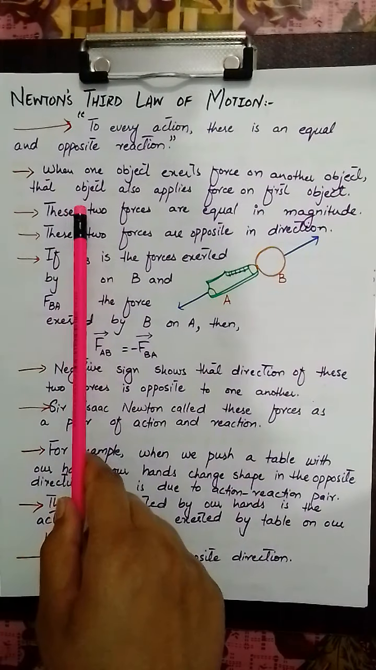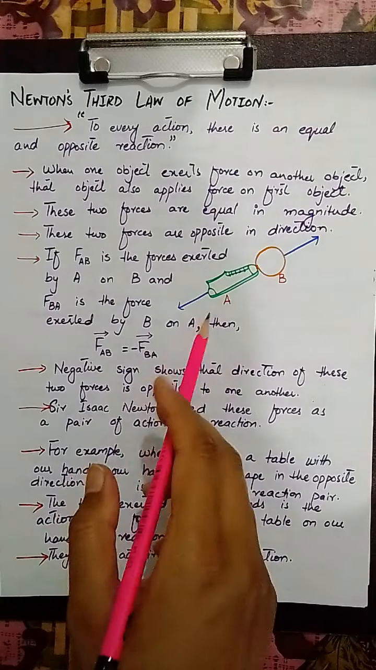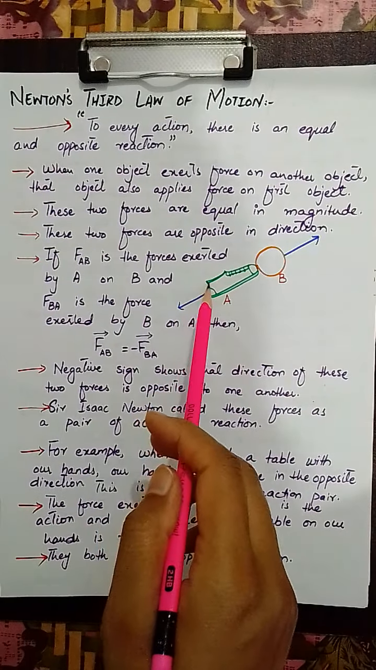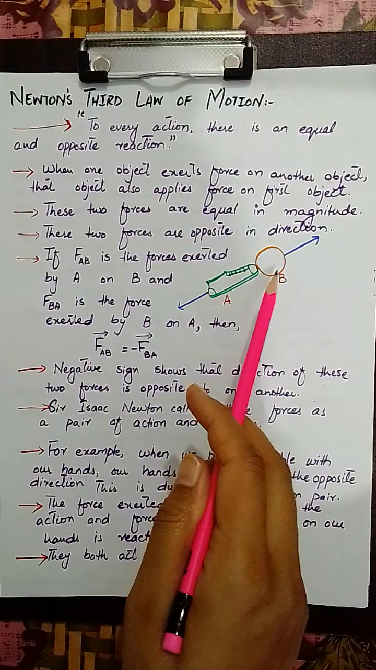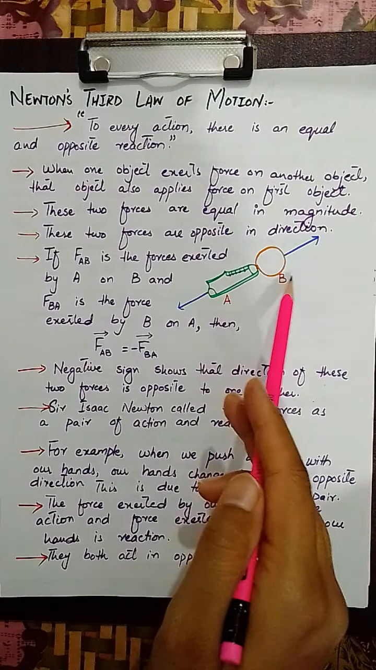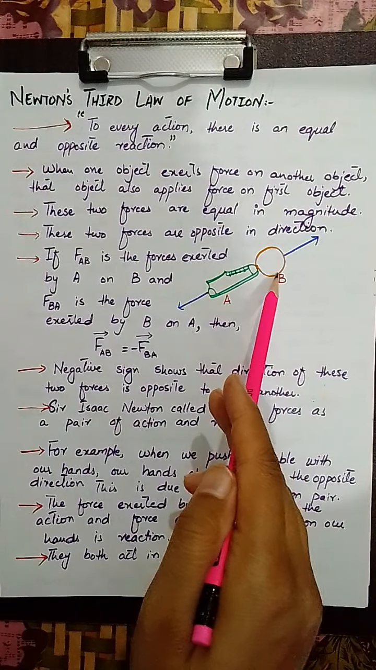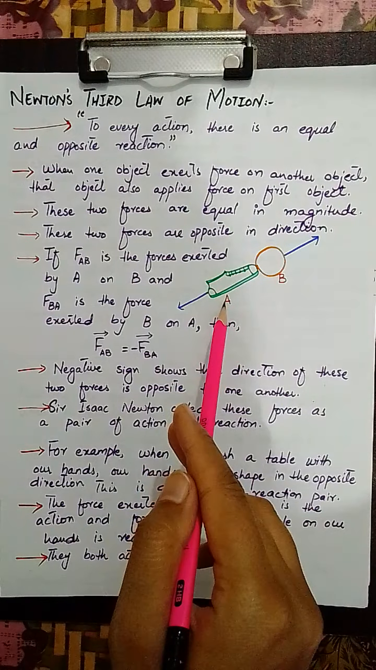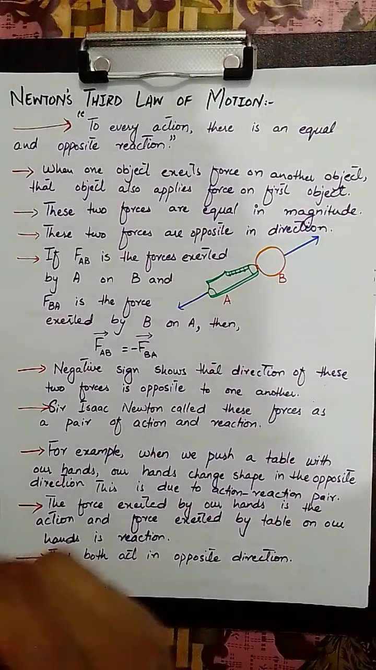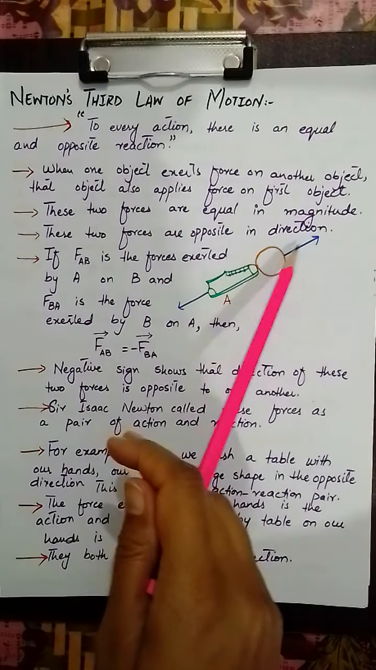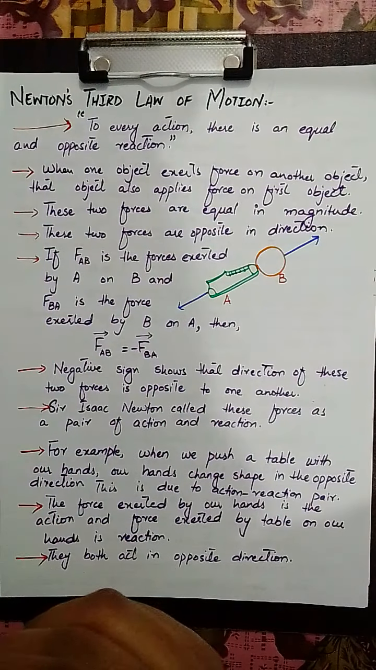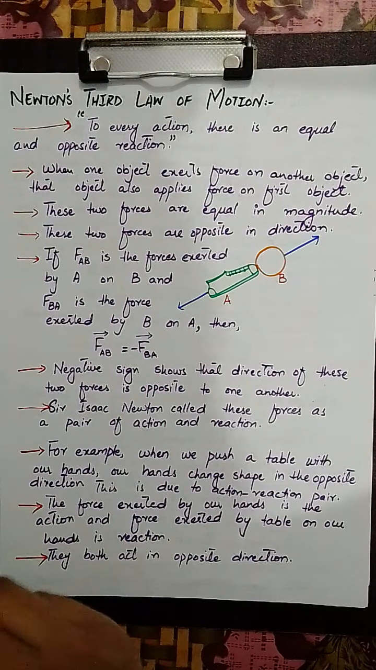Remember that whenever one object applies force on another object, let's take an example of this foot. Let's suppose you are kicking a football. In this case, the first object is your foot and the second object is your football. Your foot, we call this object A, and we call the ball object B. Then if the foot applies force on that ball, then that ball would also apply a certain force on that